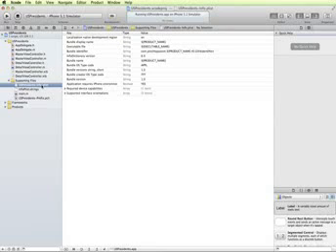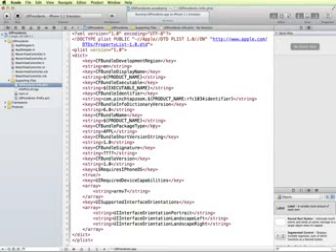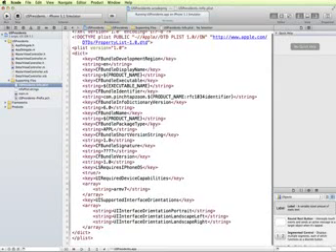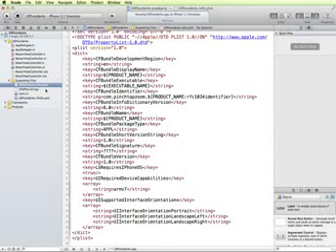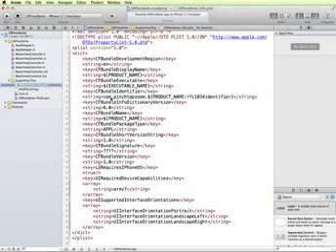Now your plist information is actually in XML format, and this is just a little bit of a more user-friendly version of it. So if I right-click on my plist file I can choose Open as Source Code, and you can see that this is the XML version of what we have in the other view. So you can edit it either directly in this code view, or you can edit it back in the form view. So if I right click on this and go Open as Property List, it will take me back to